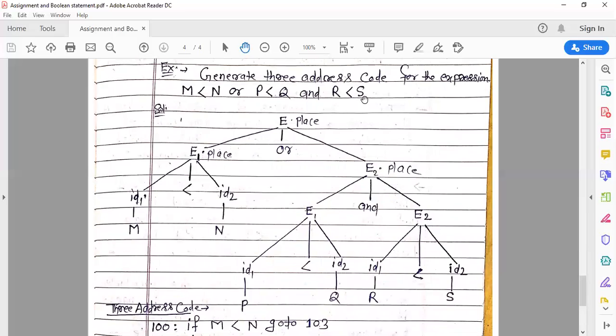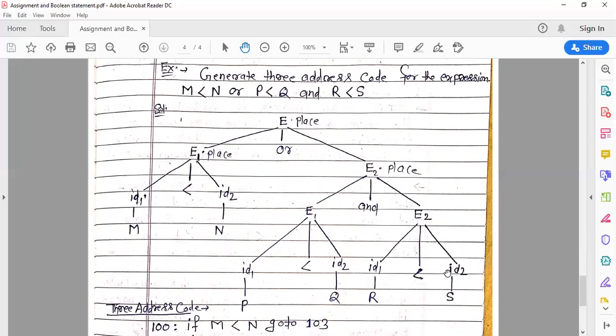Now you can see the next one: ID is R less than S. So here ID1 less than ID2 is reduced with the E, and similarly as M less than N and P less than Q, we have R less than S. So you write the three address code.